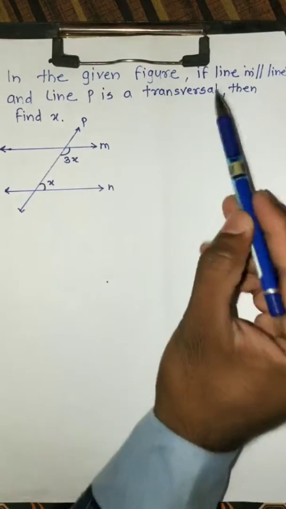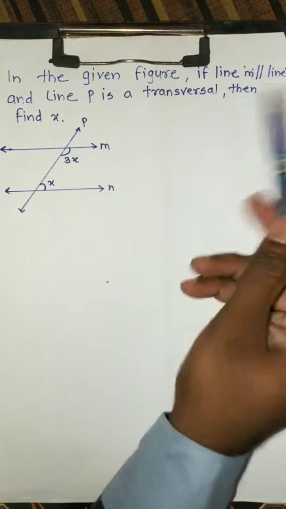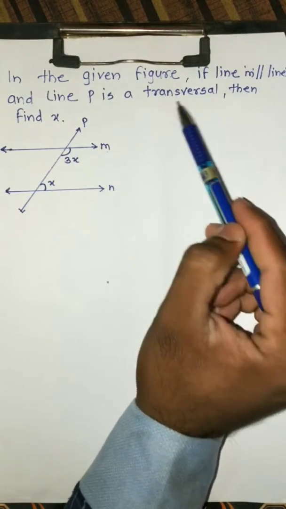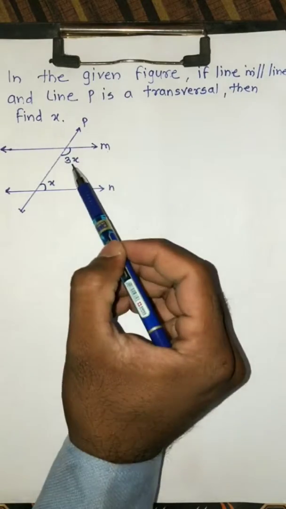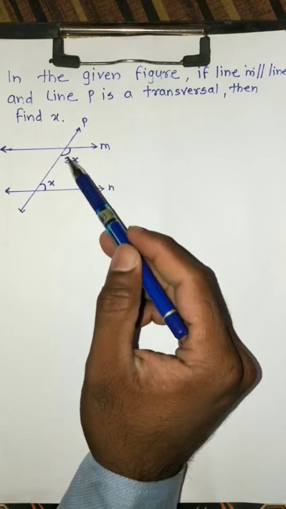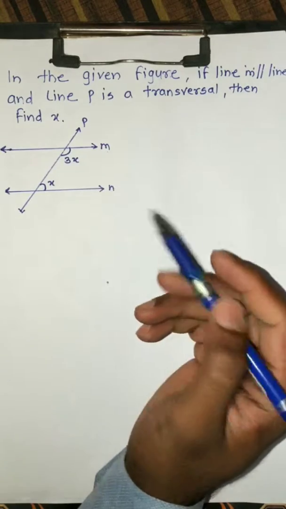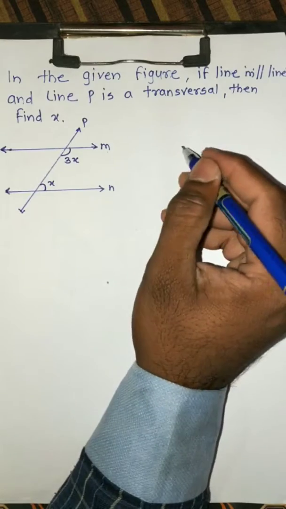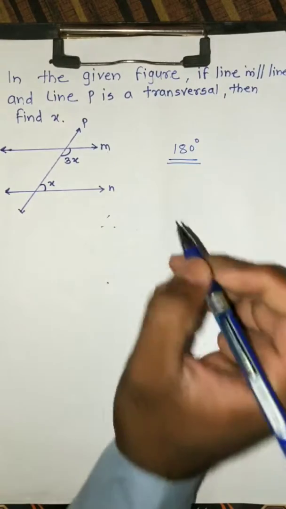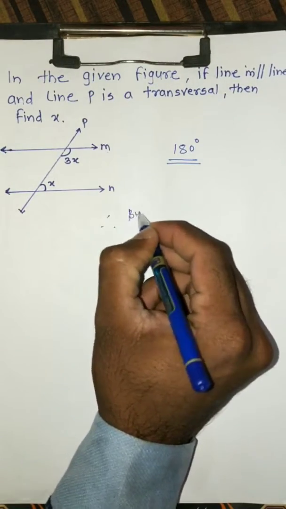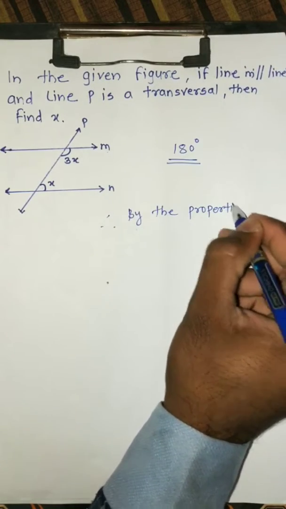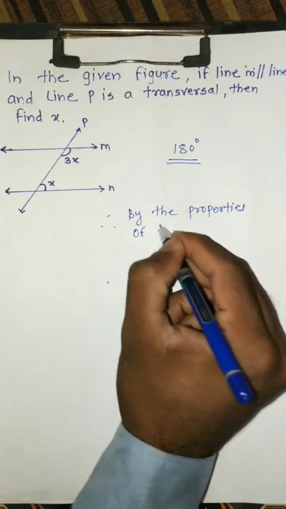In the given figure, if line M is parallel to line N, and line P is a transversal, then find x. Here is x. We have to find x. These are interior angles, and the property of interior angles is that the sum of the interior angles is 180 degrees. Therefore, by the property of interior angles,